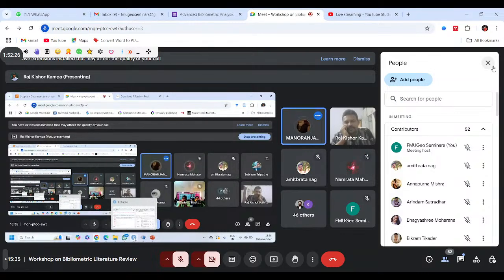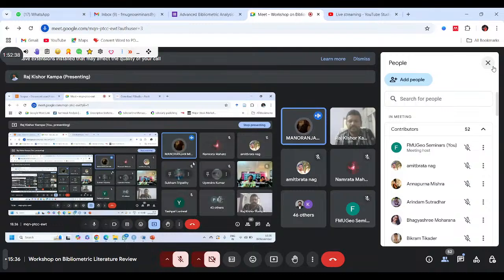Yes, sir. Hello? What I am saying is that the structure of Scopus and Web of Science is different. The dimensions are different. To integrate them, you have to bring them into a common structure, where you will be losing some of the data. If I want to integrate Scopus and Web of Science, I have to see what the common features are in both databases,